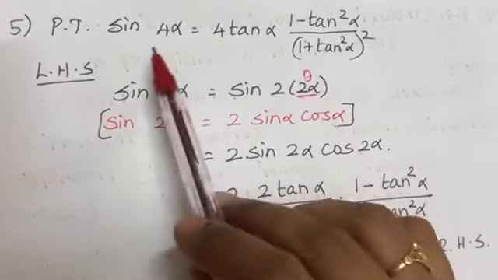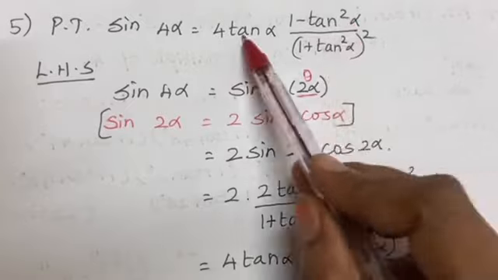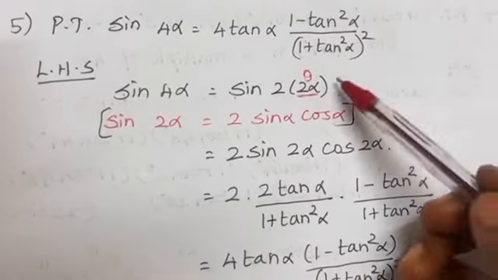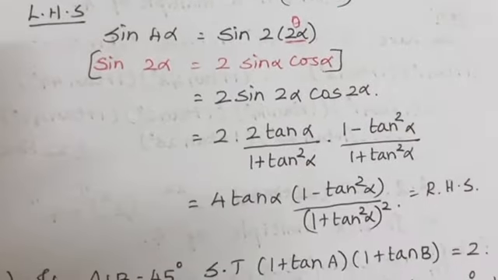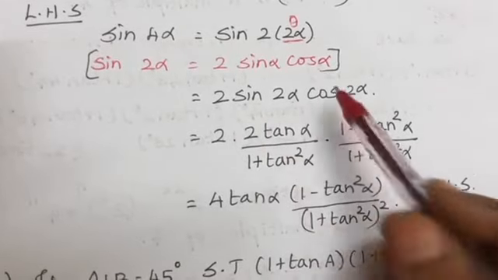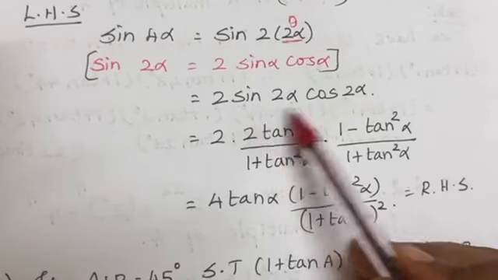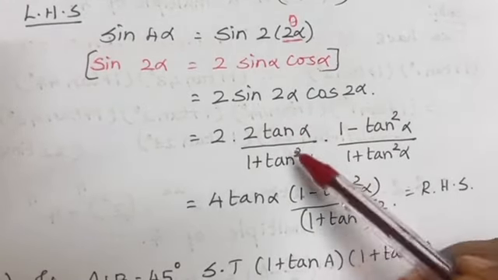Here we have to prove this expression is equal to this, and here we have only tan. Only tan is there. So I write the identities for sin 2 alpha and cos 2 alpha in terms of tan. Okay, I am rewriting this 2 in terms of tan.